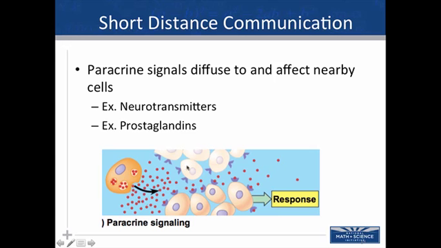distance communication. Here we see an example of paracrine signaling, where a cell is releasing a chemical signal in the vicinity of other cells and then they're going to respond. So that might occur with prostaglandins, where you have an injury and the cells in that area have a joint response, might swell, get red, have that inflamed response in a local area, and prostaglandins are typical chemical signalers in